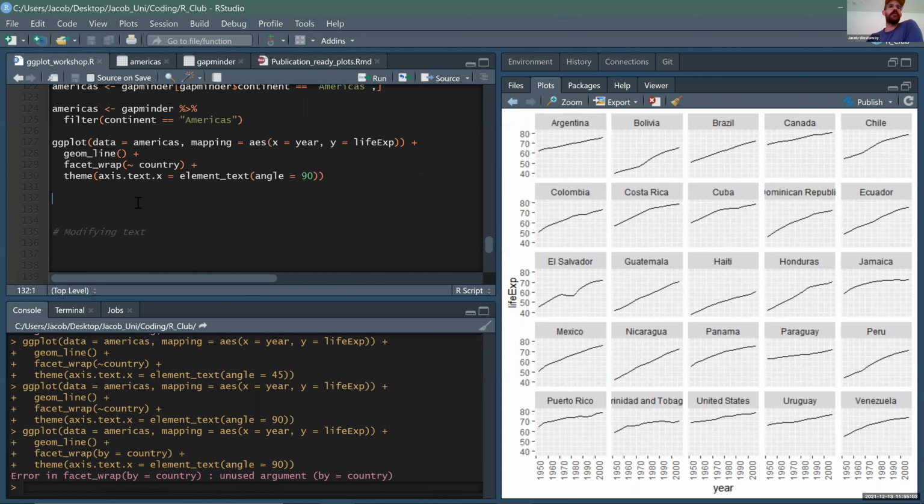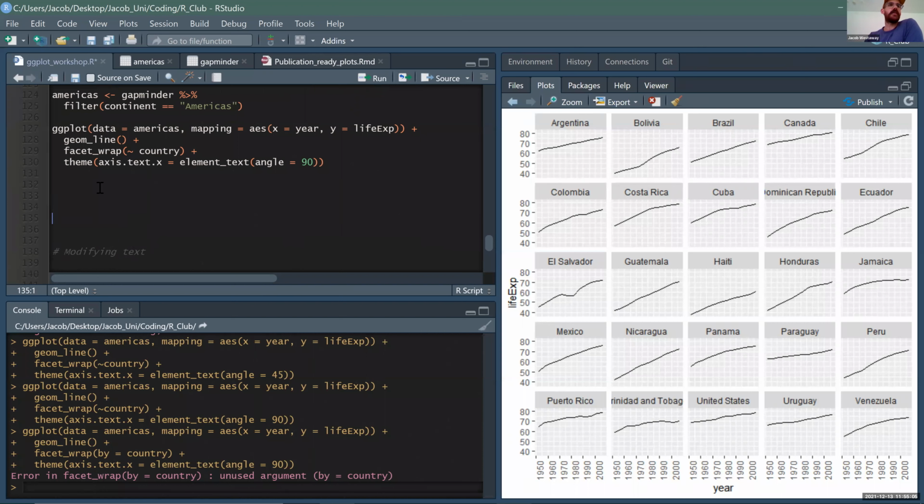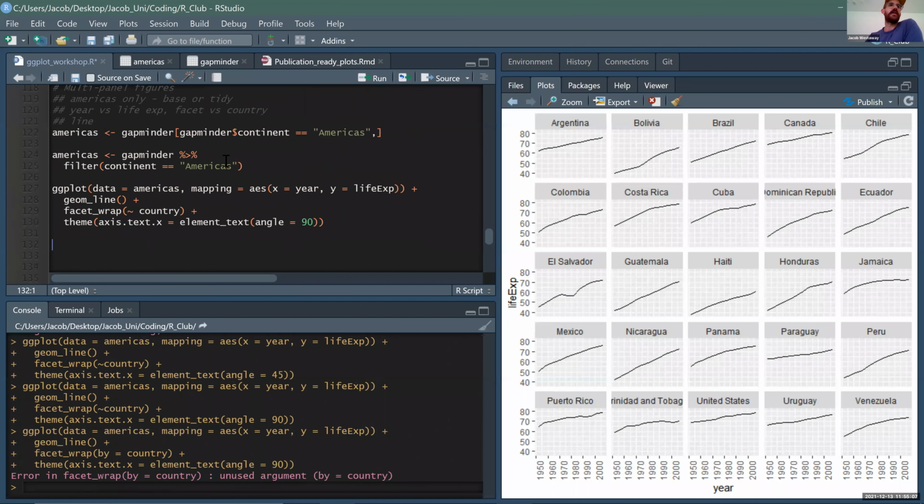All right. So there are a few more things, but we can save that for the next time. So we didn't quite get to it. The last thing I'm going to show you is why I think this sort of tidyverse syntax is way better than this. So you can see here we have to make this sort of